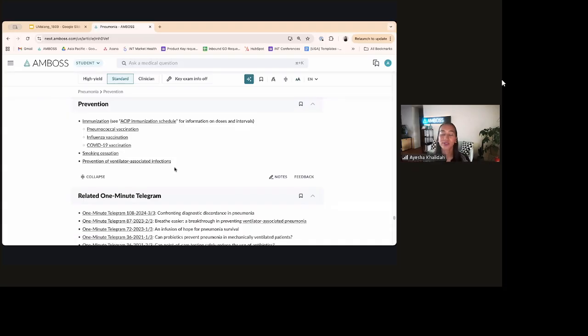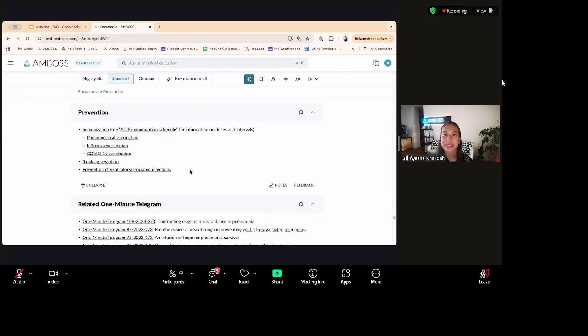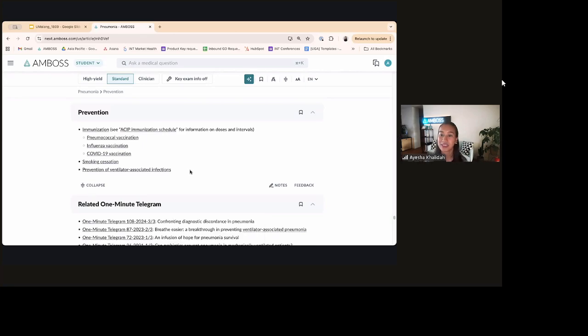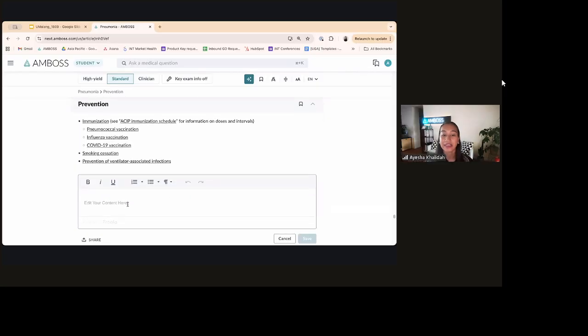And what I like to also say for students is that sometimes, of course, there are differences in local guidelines as well, in terms of management, even differences within different hospitals based on the availability of medication and the like. So one thing that all students can do is that when they're reading this and they want to add their own personal notes so that they know and they take note of this, they can click on this notes feature and they can freely type their own